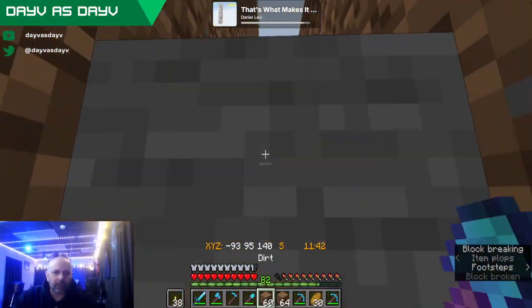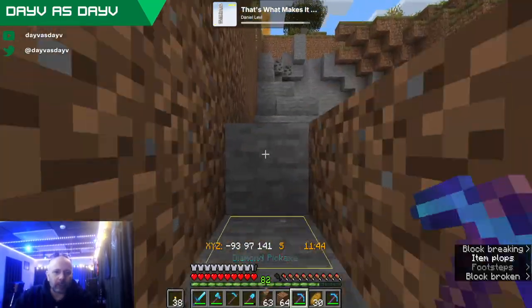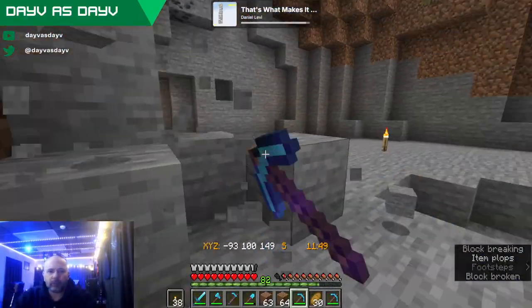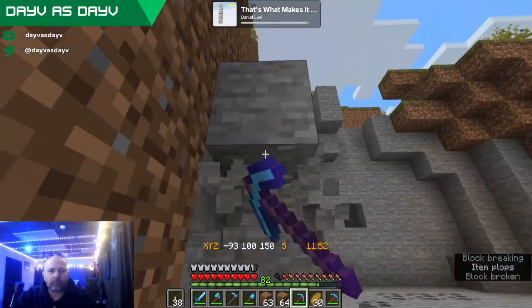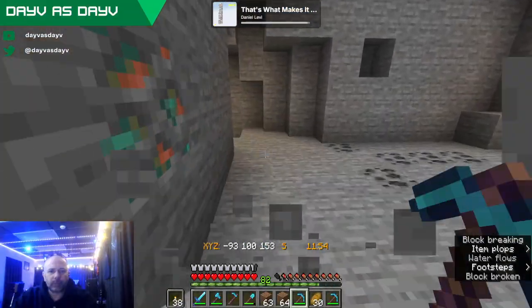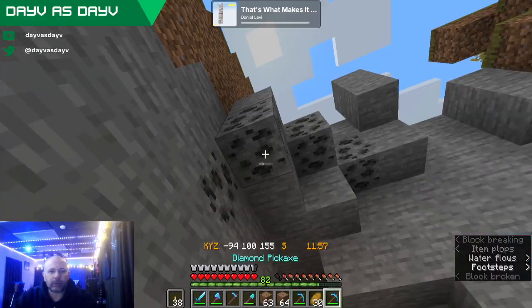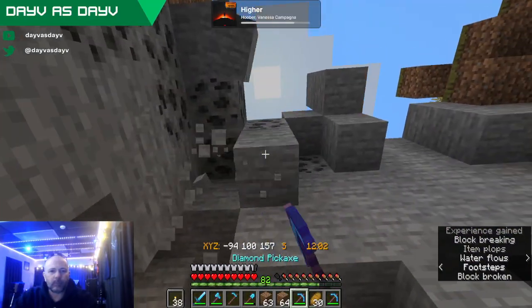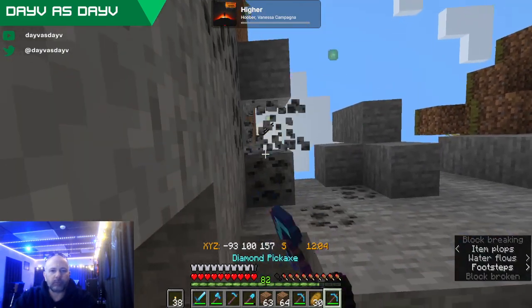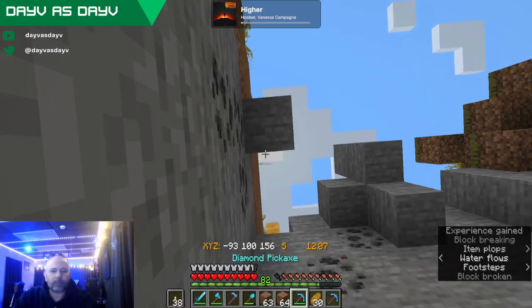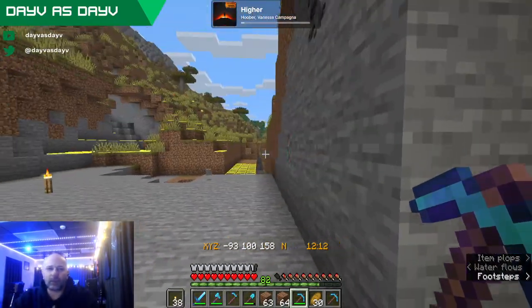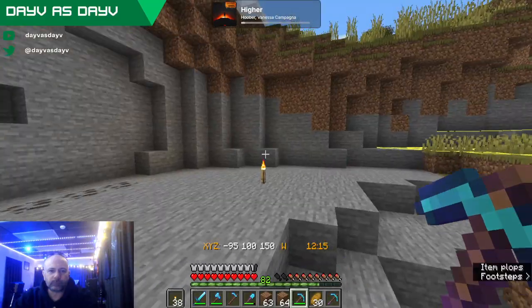Okay, we got that line ready to go. I'm going to use the Silk Touch to get some of this. We did use up quite a bit of our smooth stone. But I realized once we get this up and running the way we want it, we would smelt the apple farm and get plenty of smooth stone on that one. So that is the long-term plan for it.